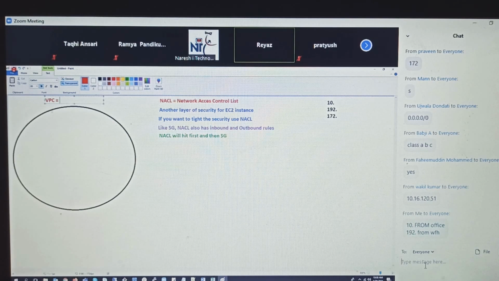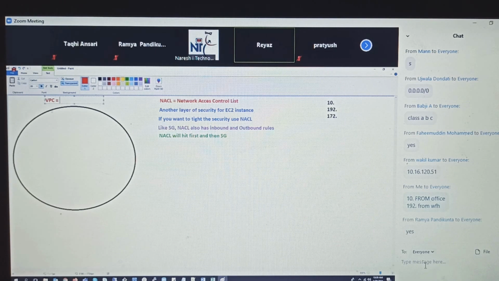AWS is providing a default VPC. So you no need to go and bang your heads by creating a new VPCs. We'll be doing that too. For now, let's use a default VPC. Guys, default VPC has a network range